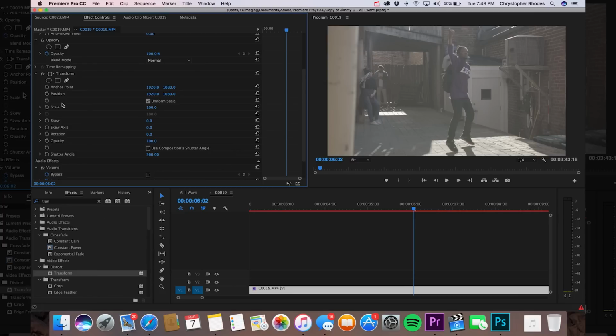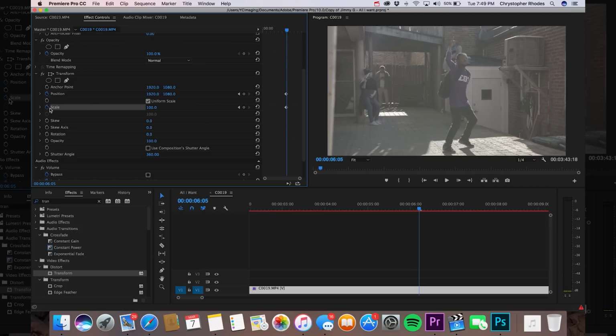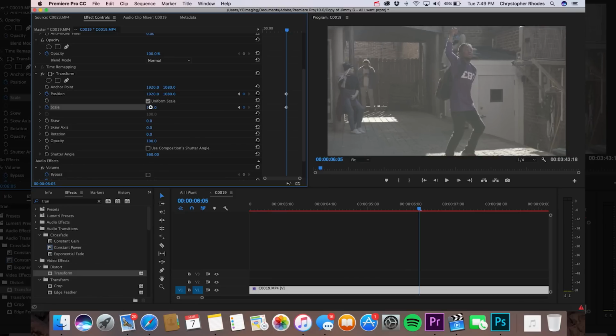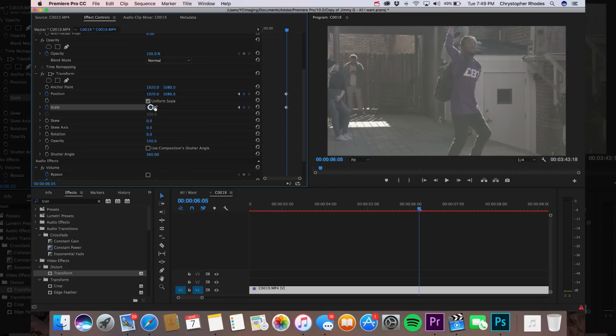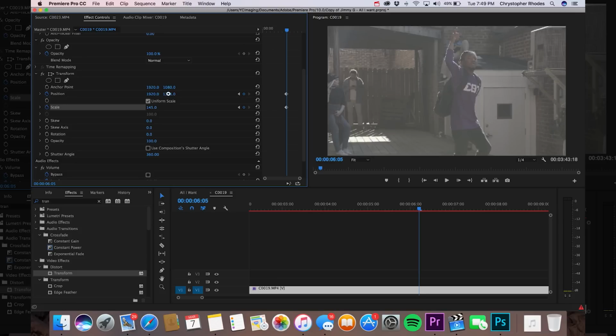So let's add in a keyframe right here on position. We're going to also add in a keyframe right here on scale. Let's go over 3 frames. If you didn't know, you can just push right on the keyboard to go over 1 frame. So we're going to push right 3 times, 1, 2, 3, move over 3 frames. We're going to add in another keyframe, and on that second keyframe that we added, we're going to adjust our crop for our actual clip. So let's just up the scale a bit to like 145, and we'll drop this position down as well just to get that framing a little bit better.